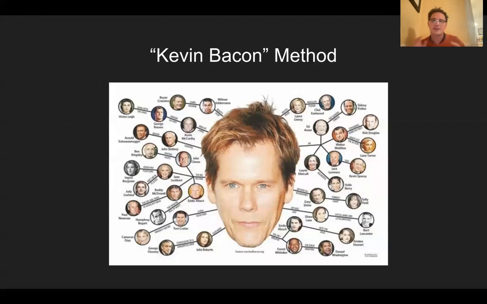Well, there are two different methods. I like to characterize them based on analogies made by my friend Greg Dolan as the Kevin Bacon method. You show the connections between the plaintiff's work and the alleged infringer in order to show that there was a connection between them. This often happens with lesser known works, where you've got a famous defendant and a not so famous plaintiff. The plaintiff says, defendant copied from my work. The defendant says, no, I didn't, I'm famous and you're not. And the plaintiff then says, well, but look, I'm connected to you through this string of people. Therefore, you had access to my work. Therefore, it is plausible to infer that copying took place.